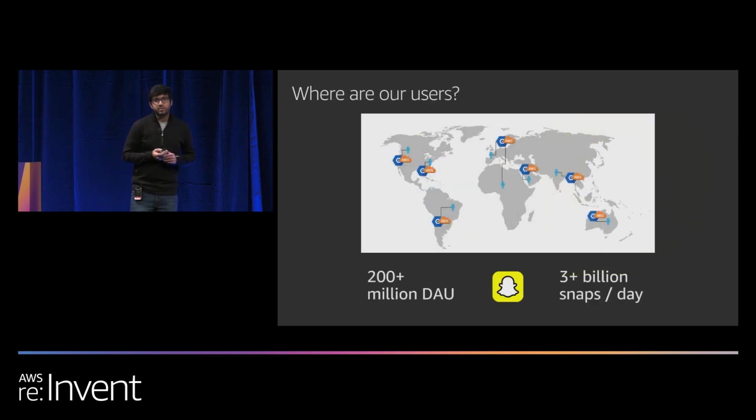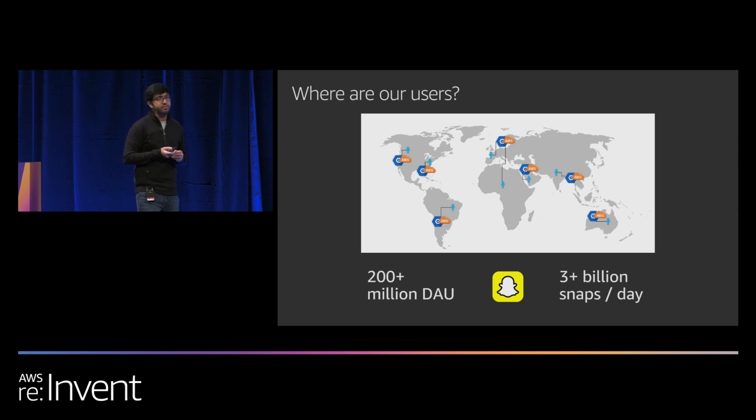Coming to our user base, we have 210 million DAU on average now, spread all over the globe, and our users share 3.5 billion, I think, snaps per day, which amounts to around 40K snaps per second, which is pretty impressive scale. One point to note is more than half of our users are outside North America,